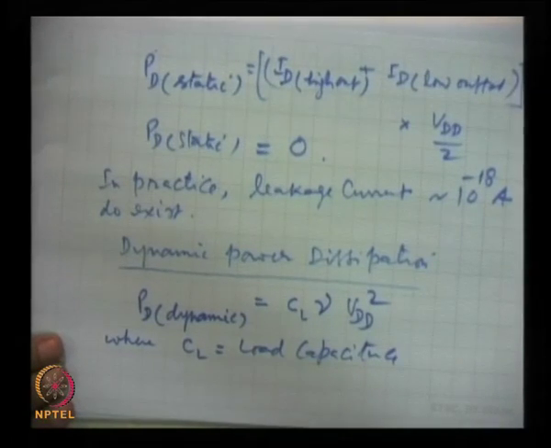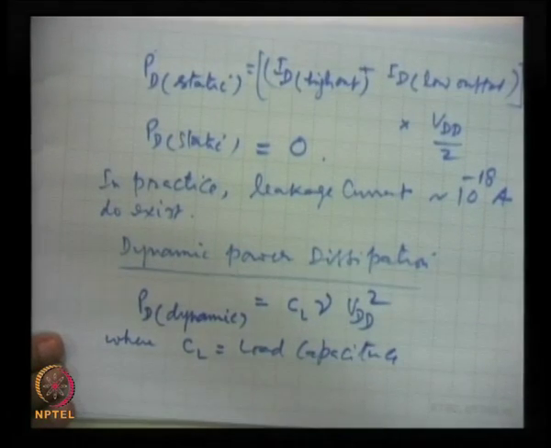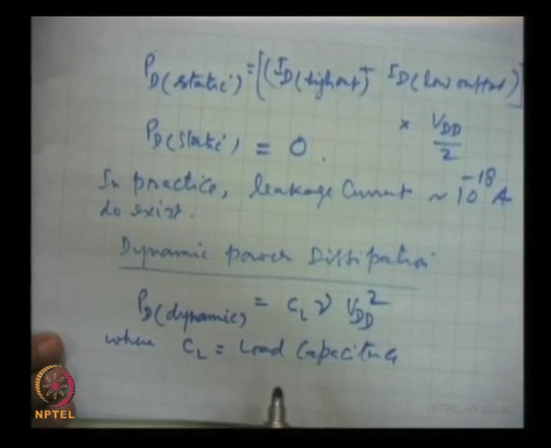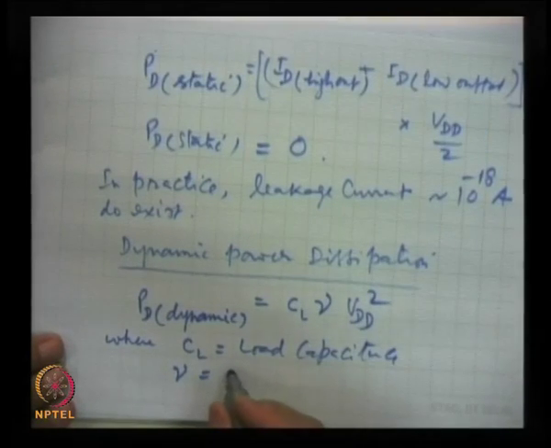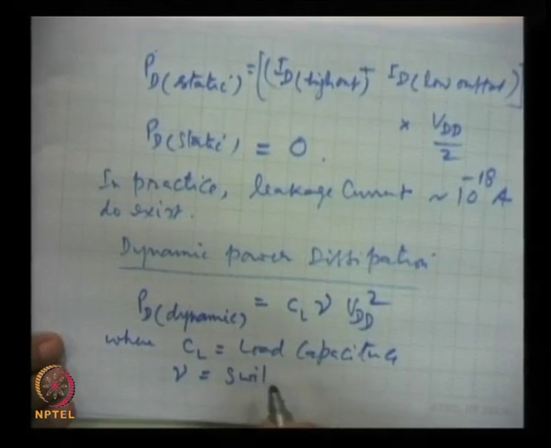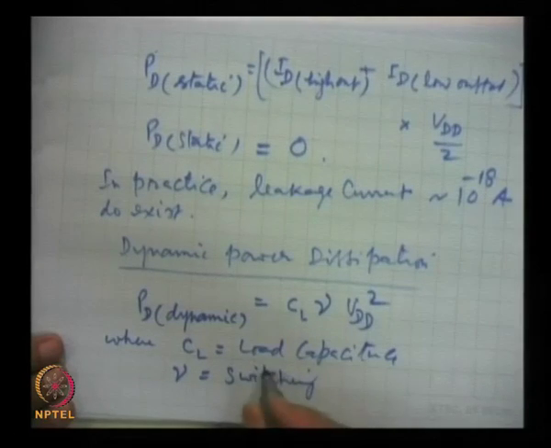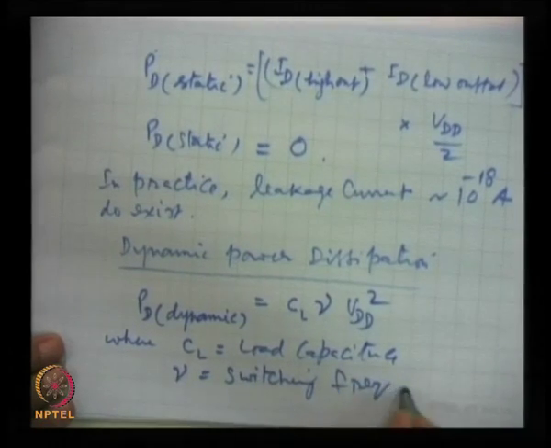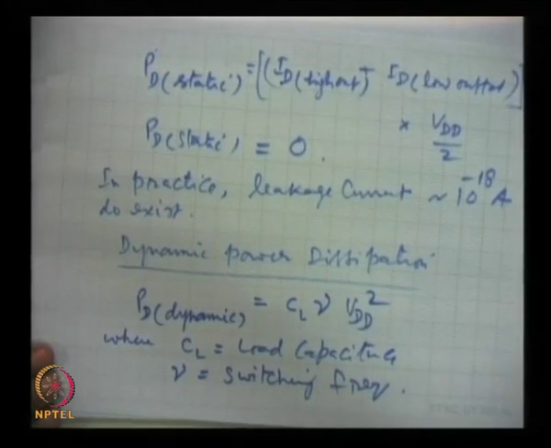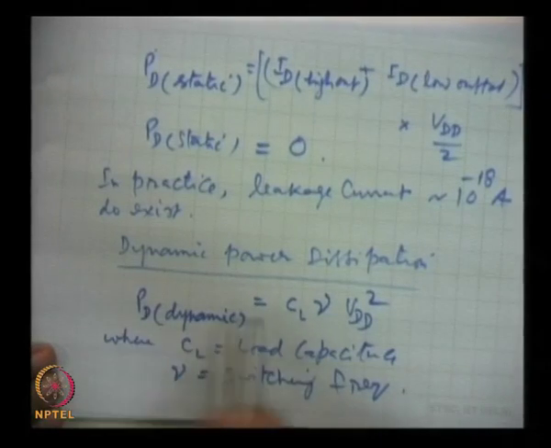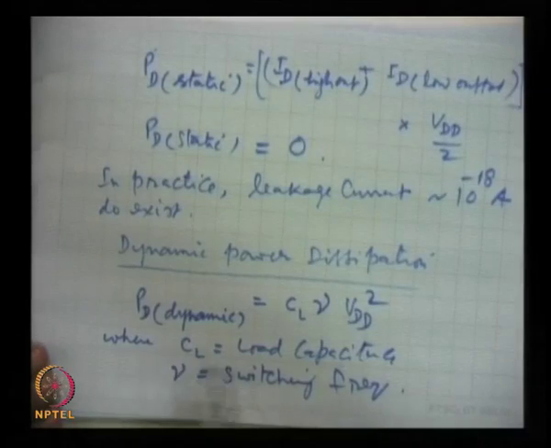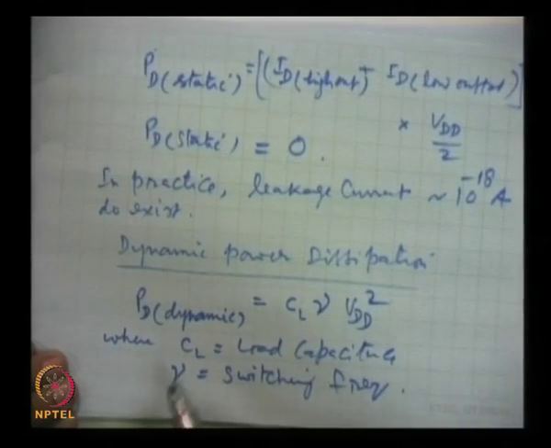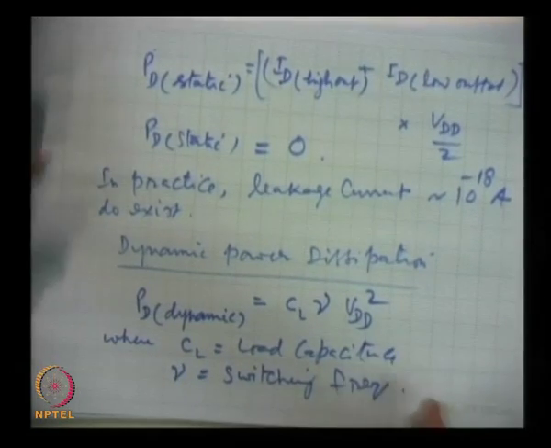All circuits have inherent capacitance associated with them. So, CL is the load capacitance and nu is the switching frequency. And so, this is the dynamic loss, and this is actually of the order of few tens of